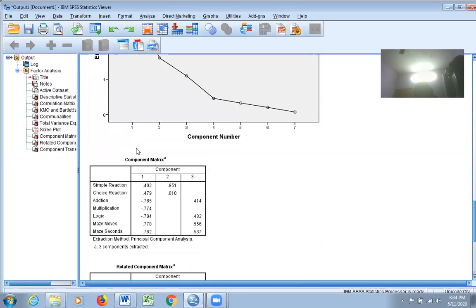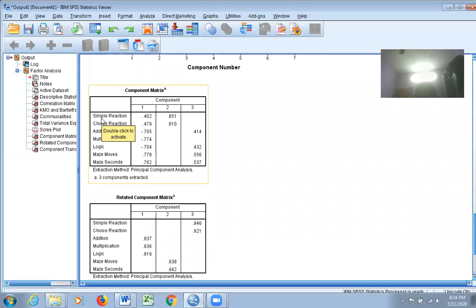Fine. And here the component matrix shows the factors on which each and every variable loads. Each and every variable has loadings on many factors. For example, if you take simple reaction, it has loading on factor 1 and factor 2. All the variables have loading on factor 1.